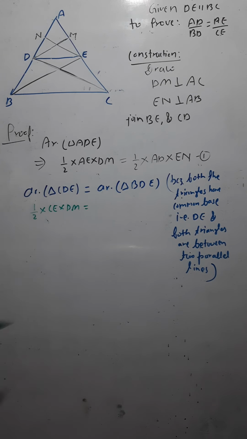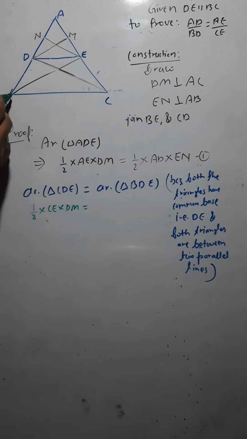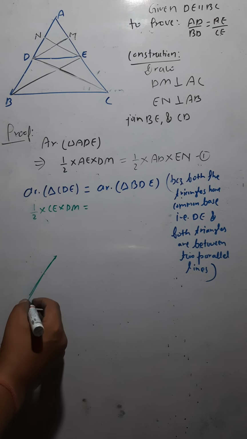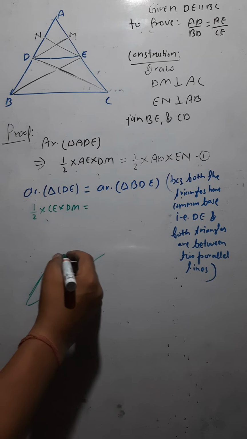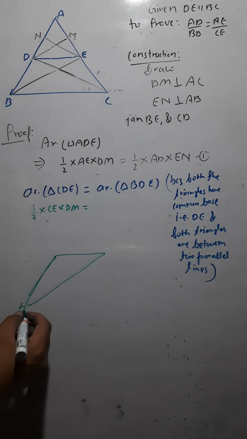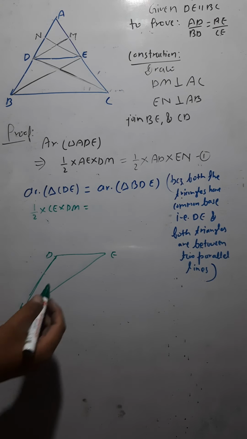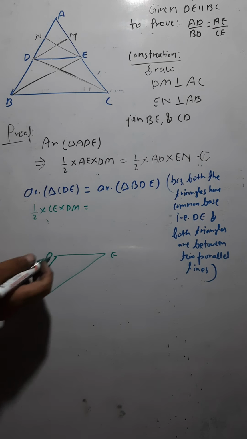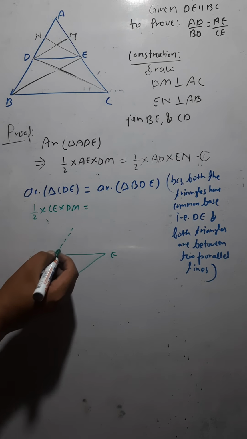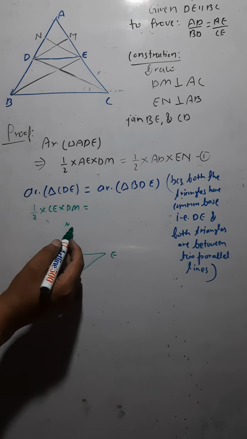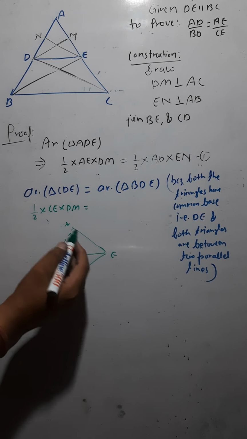Now the next triangle we are taking. Next triangle is what? BDE. This is again an obtuse angle triangle. Let's say this is B, this is D, and this is E. How would you find out the area of this obtuse angle triangle? You would move ahead this one line, that is BD, up to N. Let's say this is N, and from E you would draw the perpendicular. So this would be the perpendicular EN.